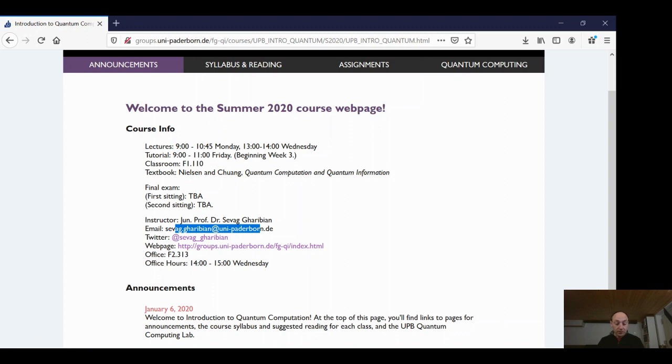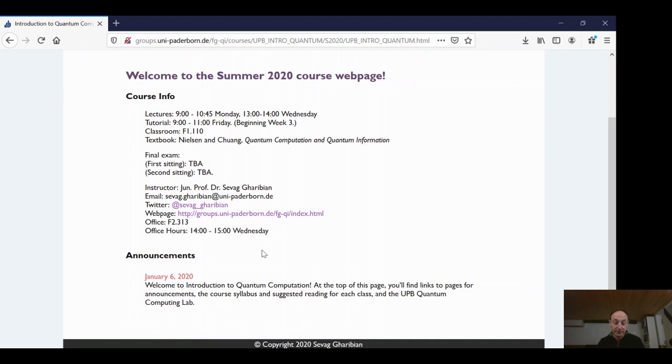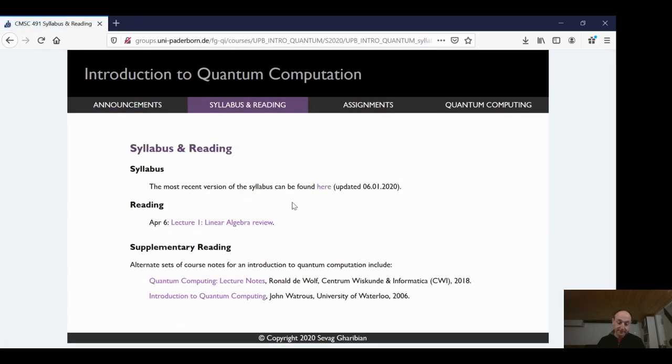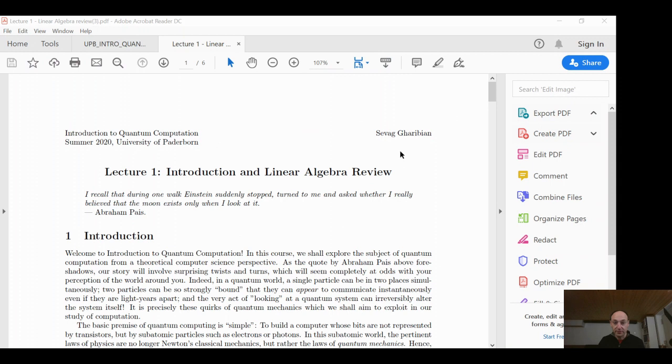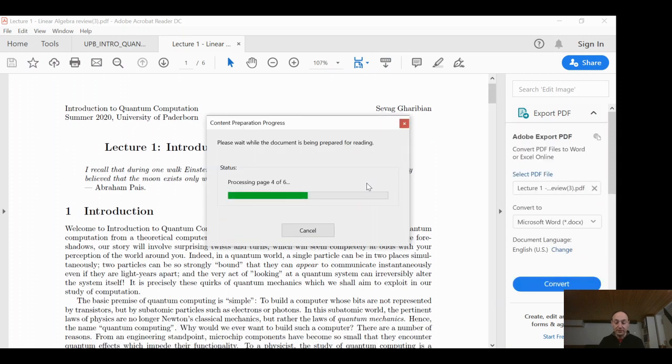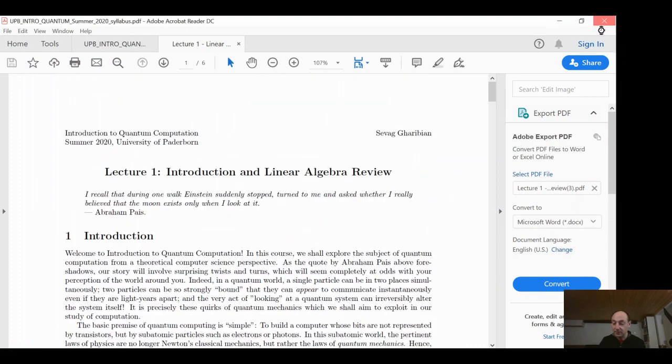Okay, and some private details, which you're welcome to go follow if you like. In the meantime, the important tabs here for you are announcements down here, of course. We will go to syllabus and reading. So this is where I'm going to post the course notes every week. As you can see, there's lecture 1, linear algebra review here, originally intended, of course, for April 6th. The semester's been delayed, of course. So if I click on this, for example, it should download this thing, linear algebra review 3, and there you go. So this should be roughly the format of the course notes. I'll just leave that over there.